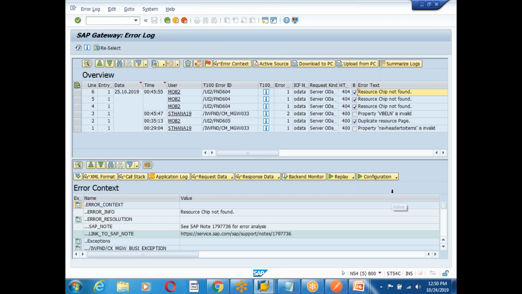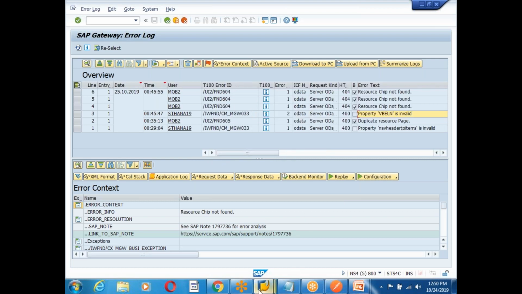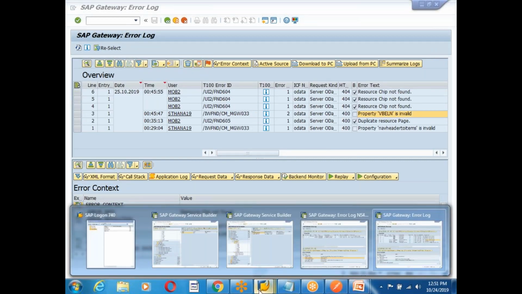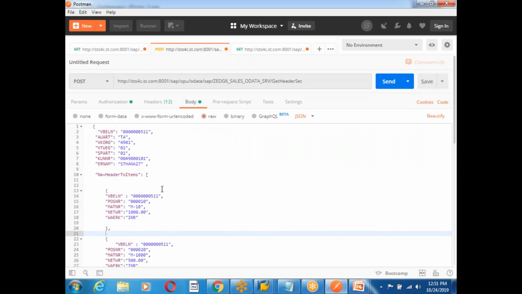Resource chip not found. So it's not ours. This is the ST HANA 19. Property VBLN is not valid. Huh? Okay, that's what you are thinking. So, okay, we'll change. I think it should not be like this. Correct here. So maybe I did not do this with the